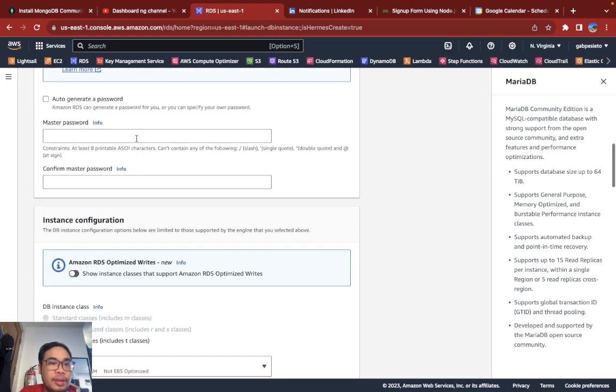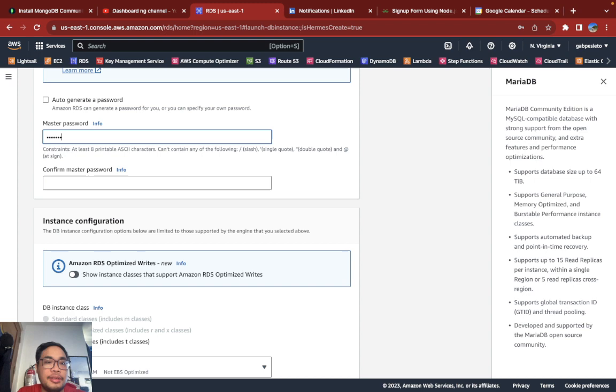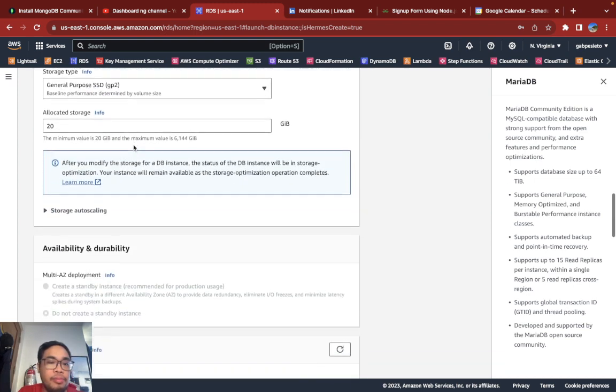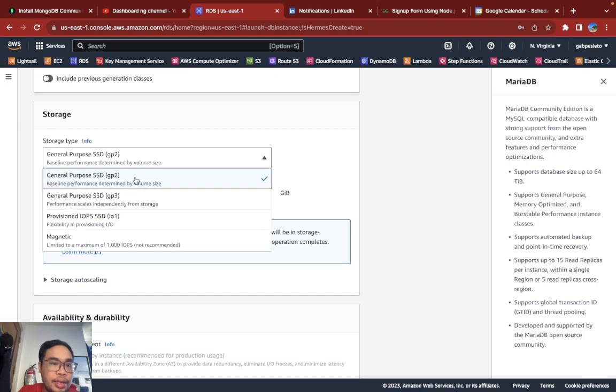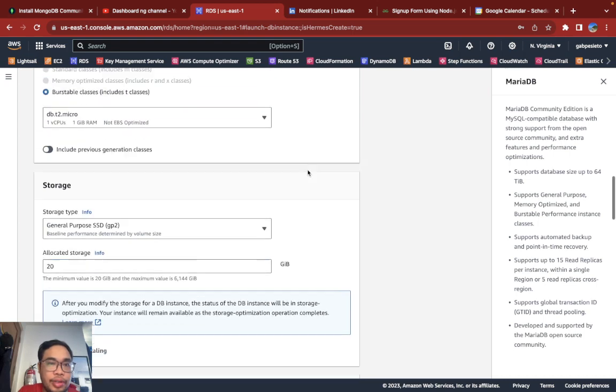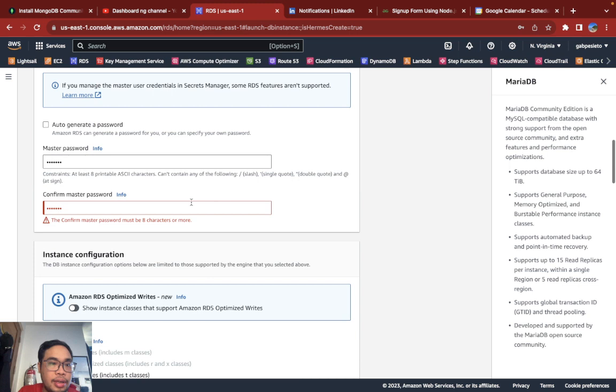So just put in the password, and then don't forget to allocate storage, and just select those storages that do not cost much, because RDS could be quite costly.